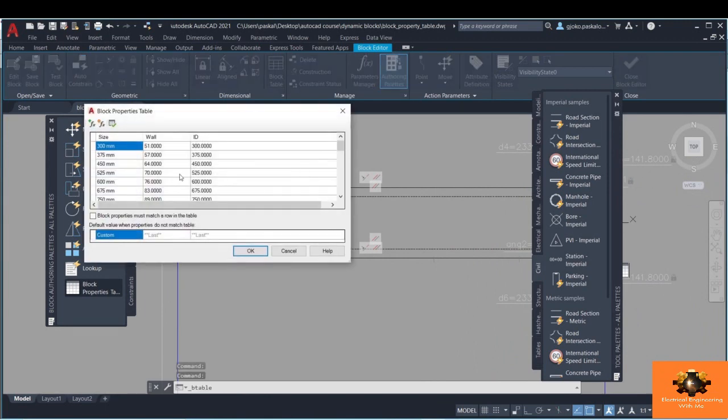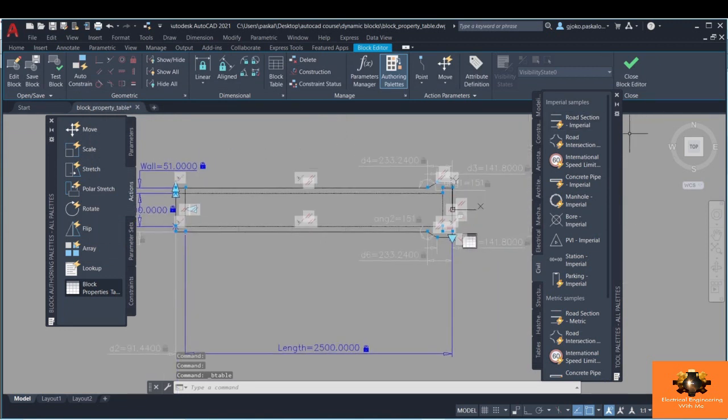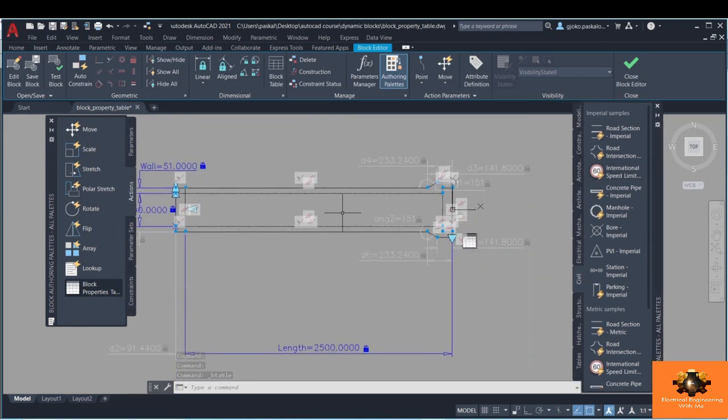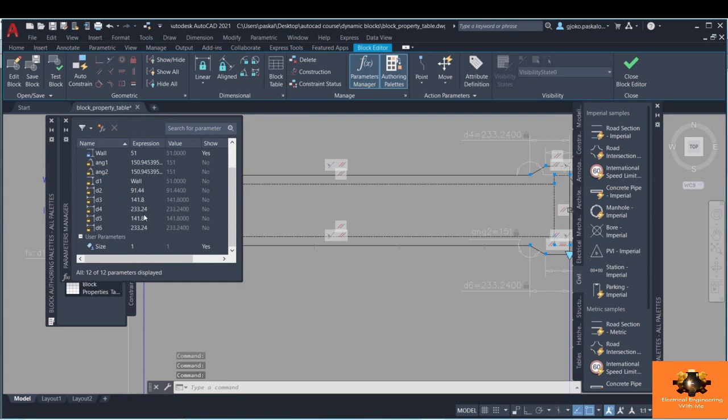But if I go to the block property table, you can see that every dimension is actually assigned manually. And that's why I choose this block, because this is a very common use case. Additionally, let me show you the parameters section, and you can see that the dimensional constraints are also manually added, except the D1 value that depends on the whole parameter, but most of them are manually added, and this is